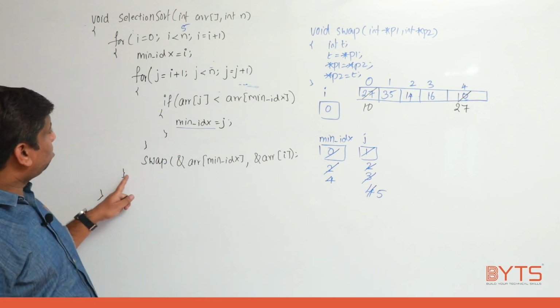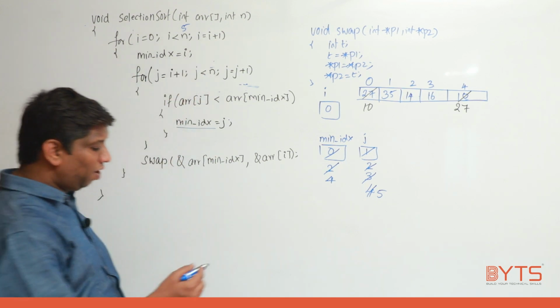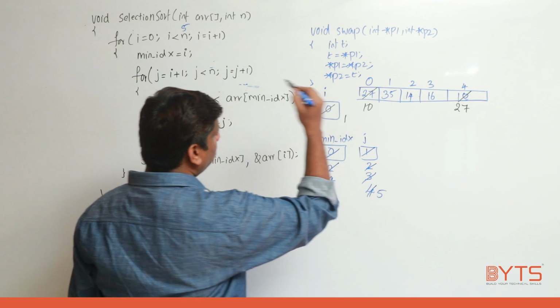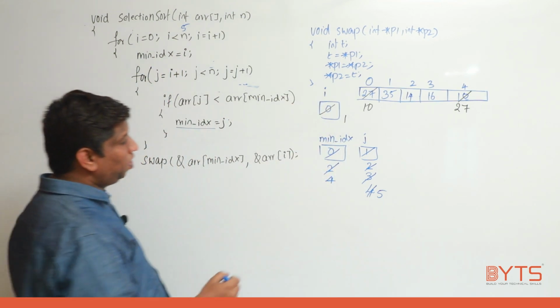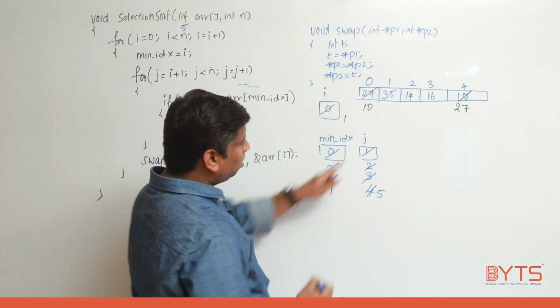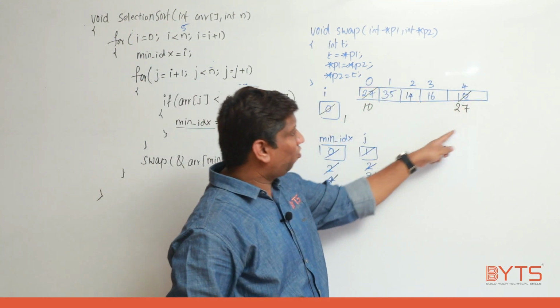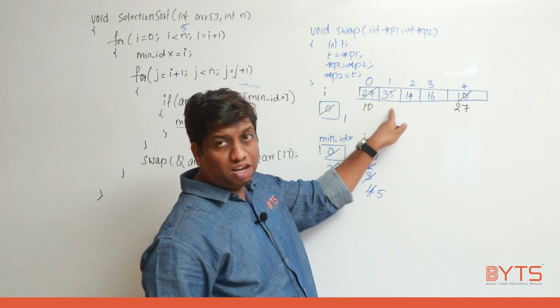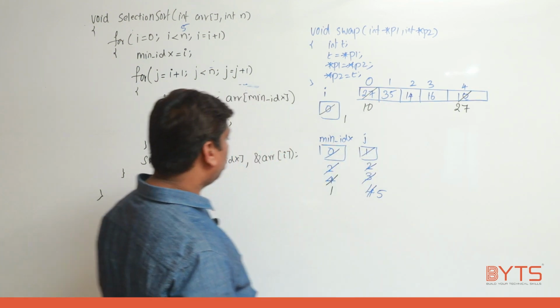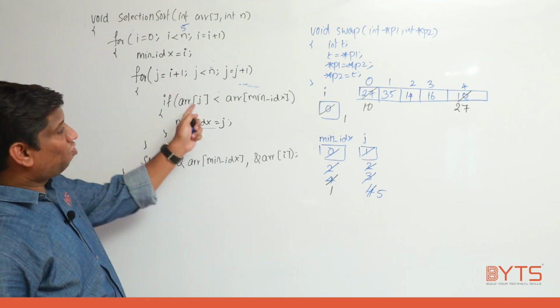Okay, now I reached here. Come here, I is equal to I plus 1, I value will become 1. Now min index value will be what? 1. Means 10 is completed. Now in this I need to find which is min index. I don't know where is min index. That is the reason I started from what? 35. Okay, fine. Now j value will start from after 35.